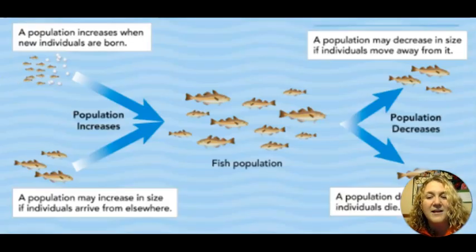And then we have our last slide here with the fish. I want you to look at these different scenarios and label what is happening when a population increases when new individuals are born? We need to see how that impacts our fish population. I would also like to see